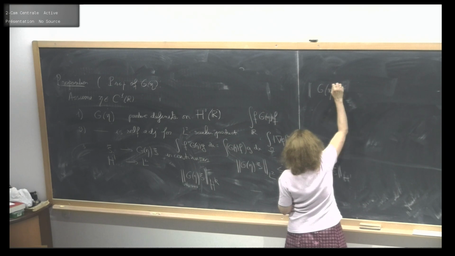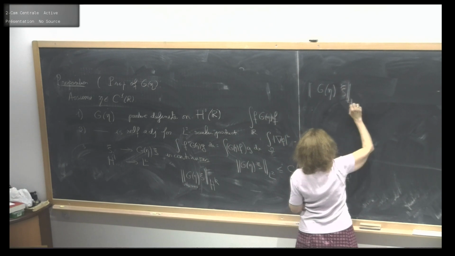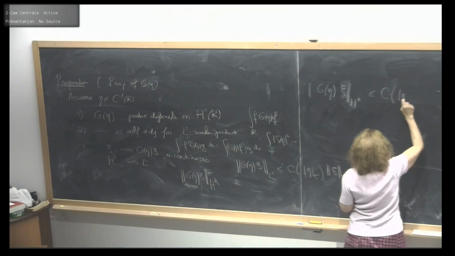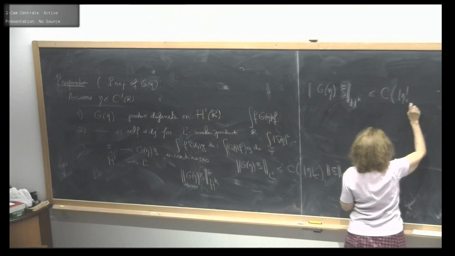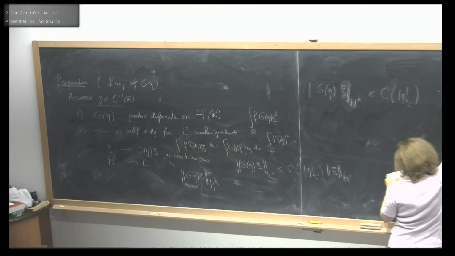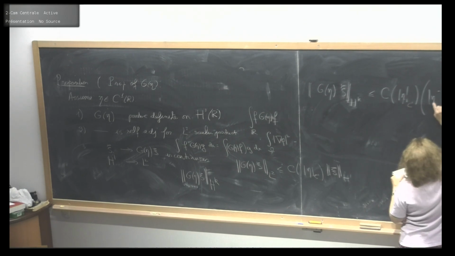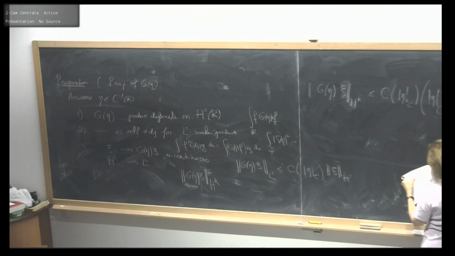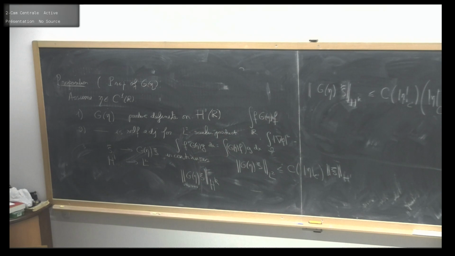So in higher Sobolev spaces, we have one of the bounds that has been established: a constant depending on C1, multiplied by norms in C1 plus k and H1 plus, so this is one of them, plus